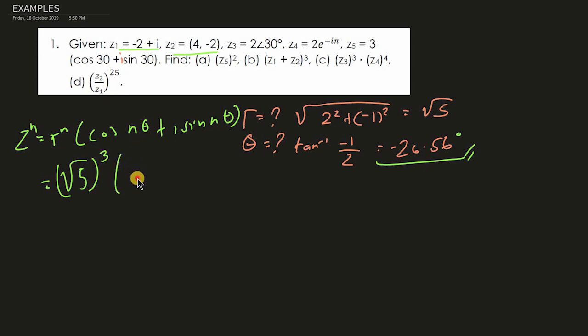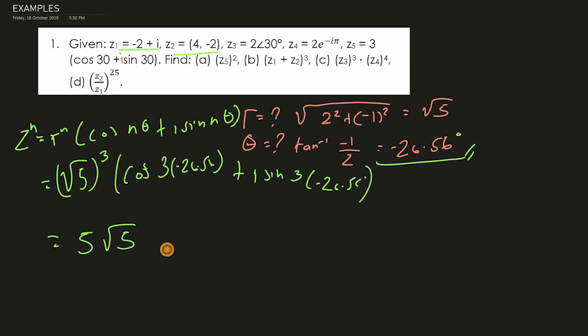Next is cosine n times theta. N natin is, what's our n value? N value 3. That's 3, right? 3 times negative 26.56 degrees. Same lang yan. Plus I sin 3 times negative 26.56 degrees. Closing natin yan. Let's use the calculator. Square root of 5. Square root of 5 raised to 3 is equals to 5 square root of 5. Next, cosine of 3